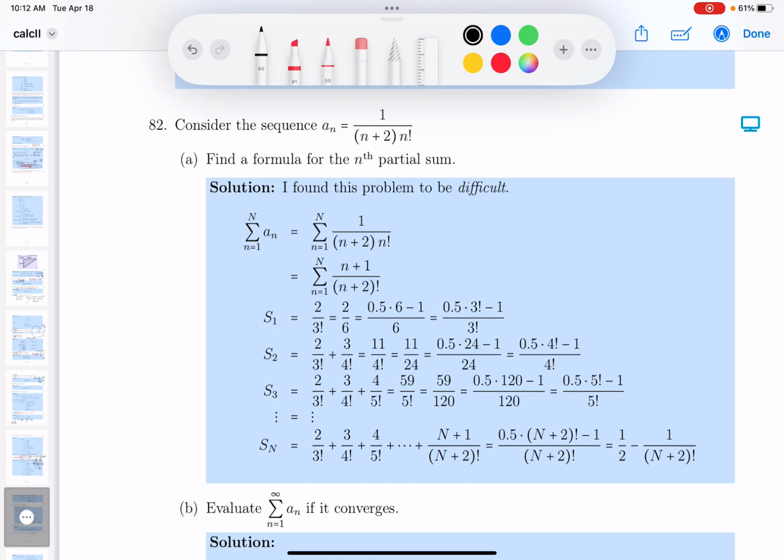Okay, I want to tell you that I found this problem to be difficult. What I found difficult was the nth partial sum. I took some dead ends, but then I finally arrived on something. All right, so what I want to do is go to the whiteboard, and as I do,